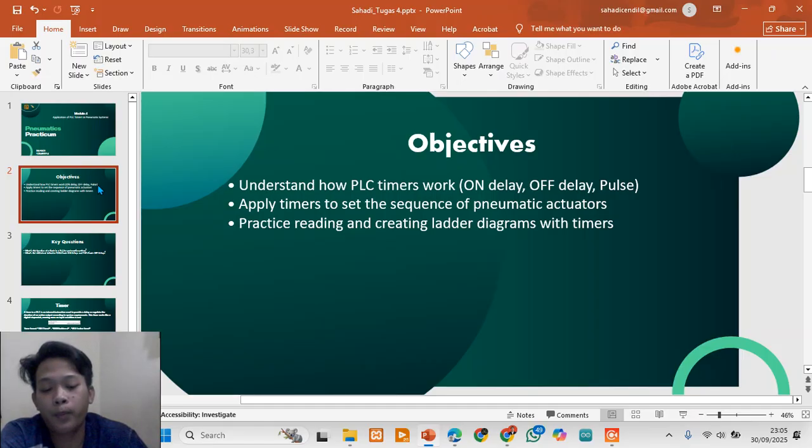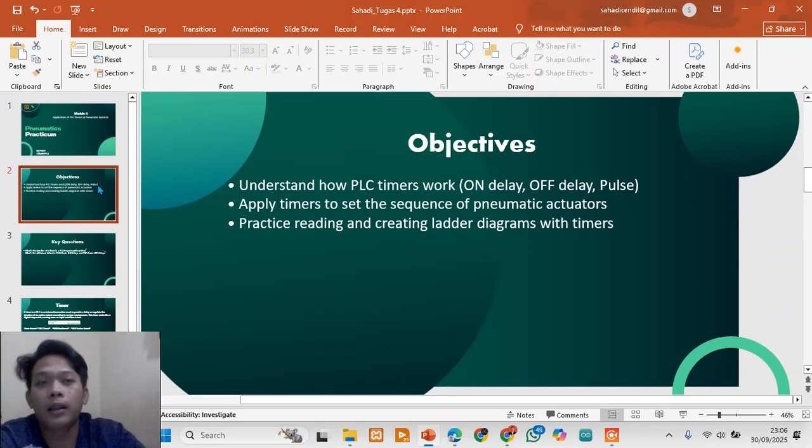And the second point is to learn how to use timers to set up a sequence for a pneumatic actuator, like single acting or double acting.